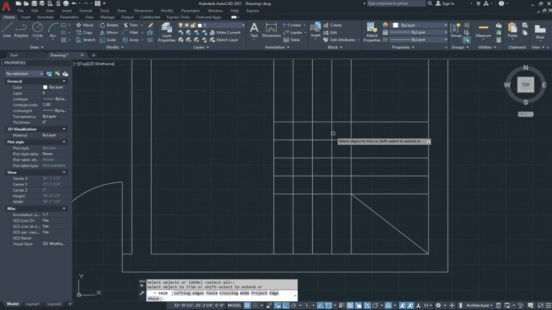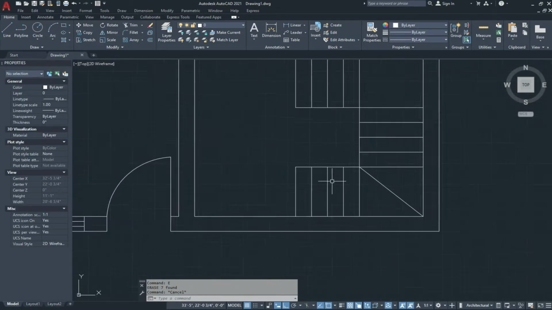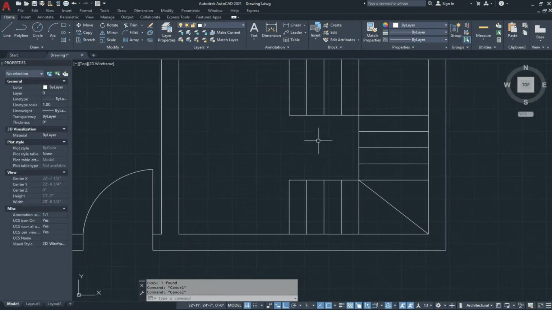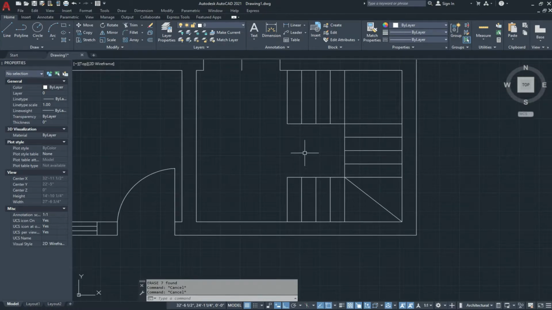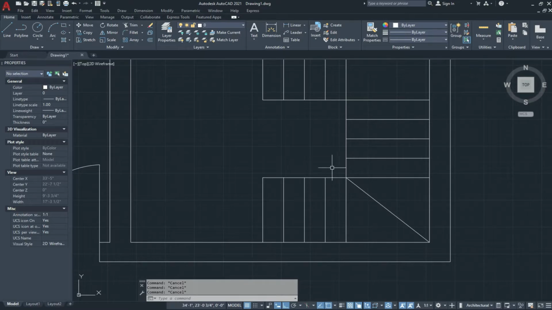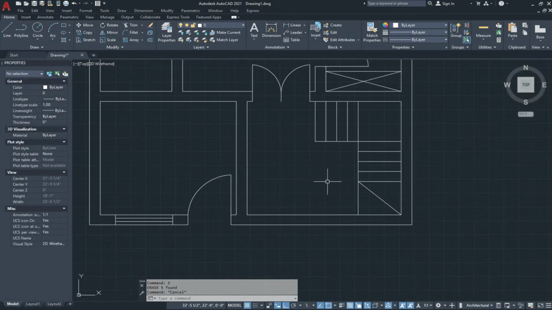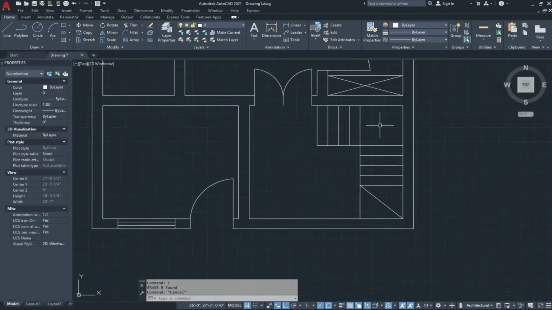With the trim tool, like this, and delete it. So in this way we make our stairs.